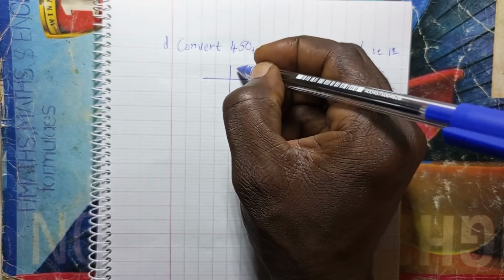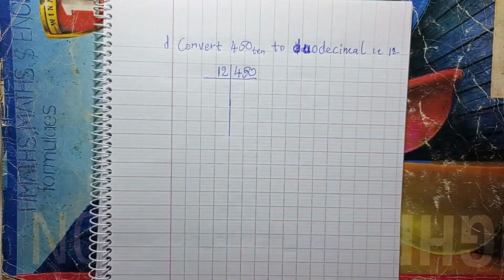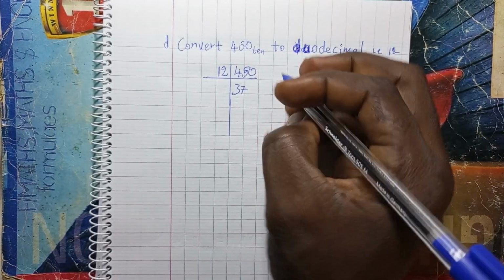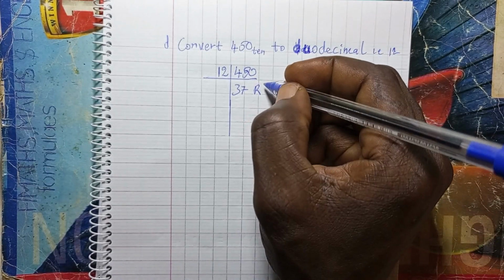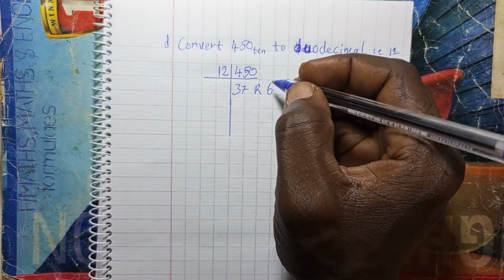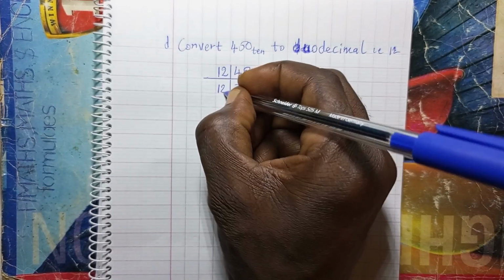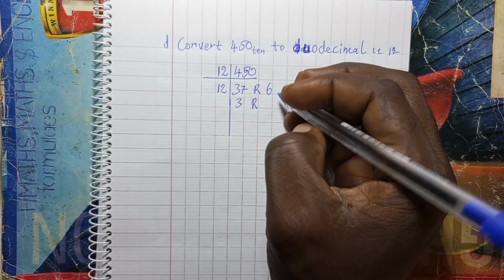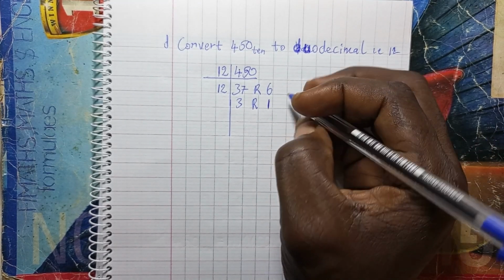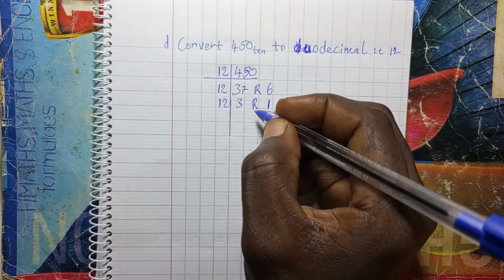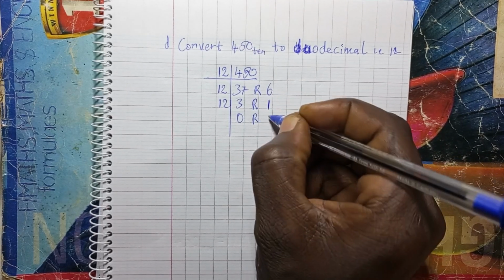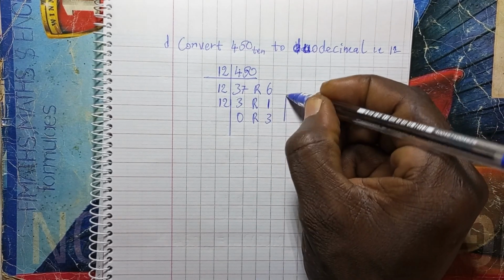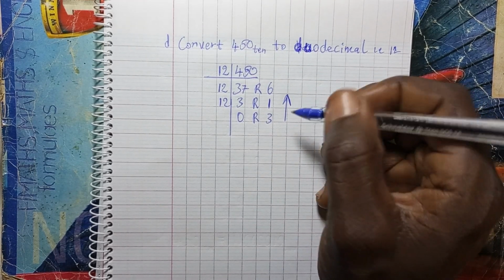We will learn like this. This is right here: 450 here, and then your 12 here. Now divide it through by 12. 450 divided by 12 will give us 37 remainder 6. 37 divided by 12 will give us 3 remainder 1. And then 3 divided by 12 will give us 0 remainder 3. Now taking your answer this way upward, we have that